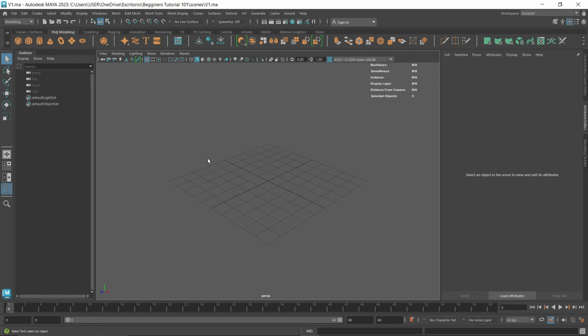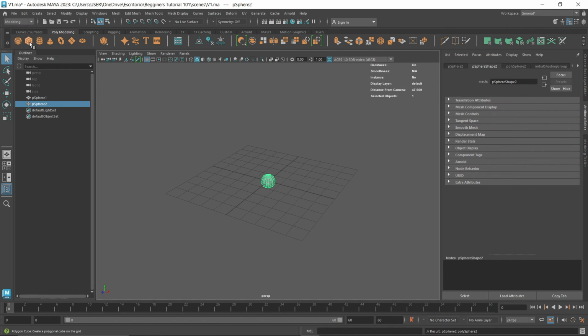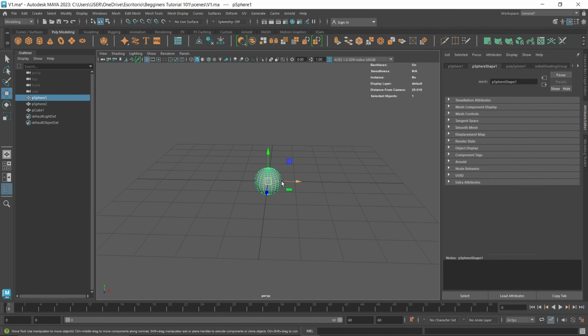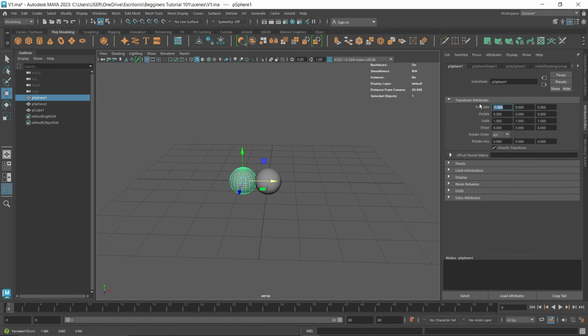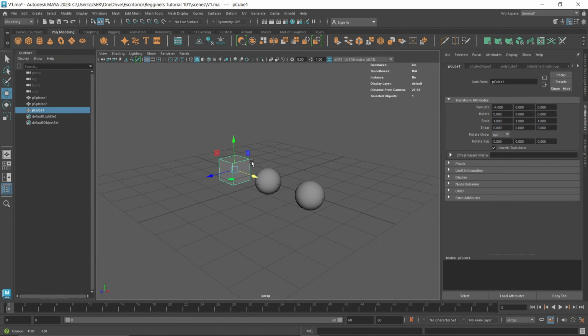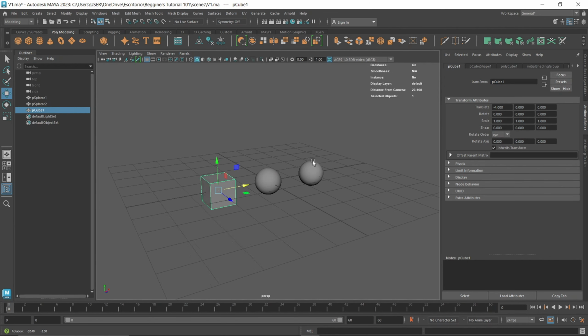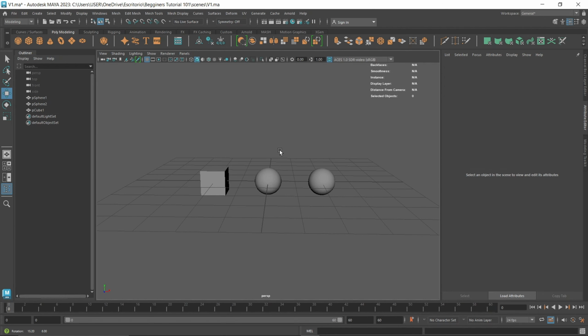So for now, you want to have this on polymodeling selected and here also on modeling selected, and create maybe 3 spheres and 1 cube. I will place the spheres, maybe this on 4. There. Okay, so now we have 3 objects. Also, you want to check